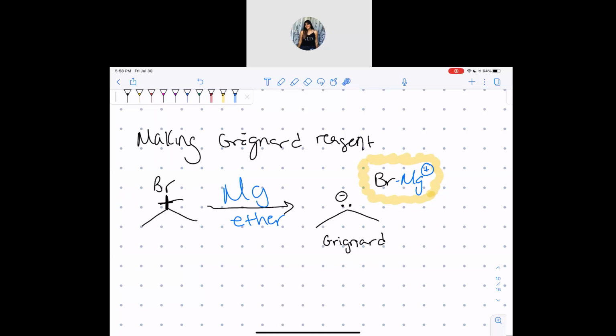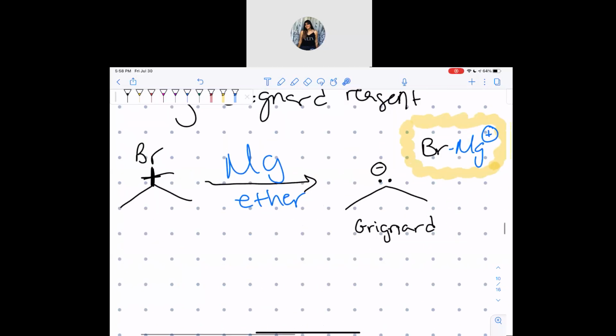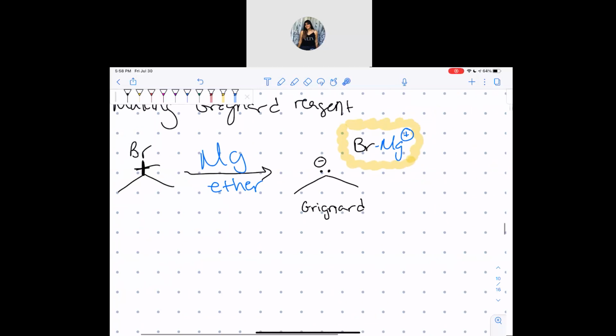Instead, let's tune back in and see what's going on with Mr. Grignard here. So Mr. Grignard is so desperate for love. He's going to go and try to bond with anything around it, right? So Mr. Grignard can be a really strong base, or it could be a very strong nucleophile. It really doesn't care. It's going to snatch whatever it can, right? So we have to be careful. We want to set Mr. Grignard up